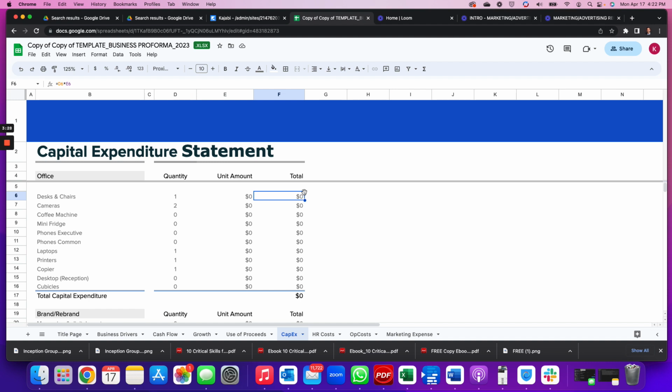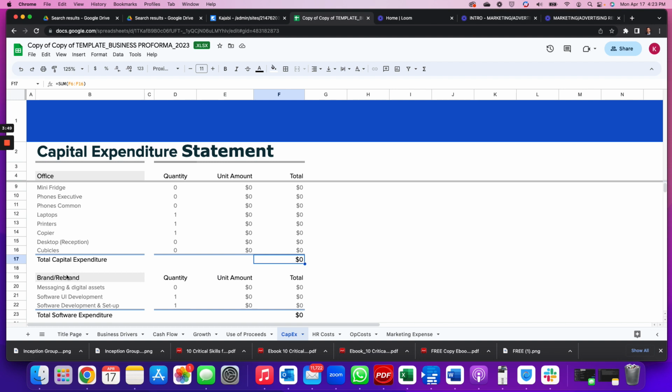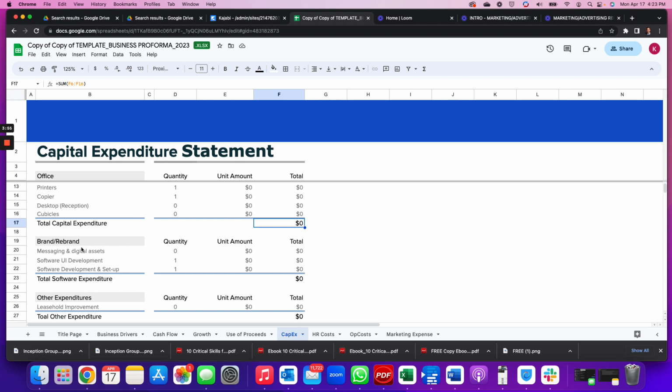Again here, I'm going to go through each of these briefly so that you can see those formulas are a calculation or a representation of our total unit amount times the unit price, giving us that total. And then we lead into our sum of those total capital expenditures. Now this is more equipment, as you can see, and this is more like soft costs. We have digital assets, user interface, and customer experience type of resources here that we're identifying, again, on a per unit and unit price